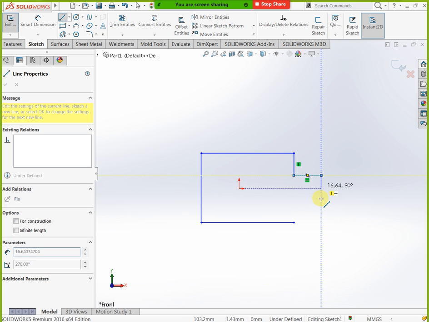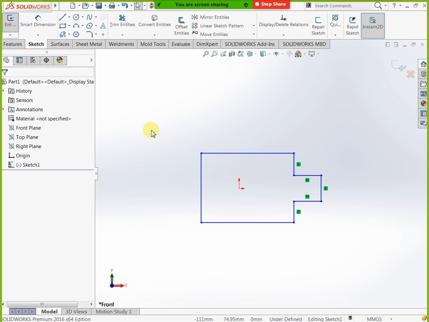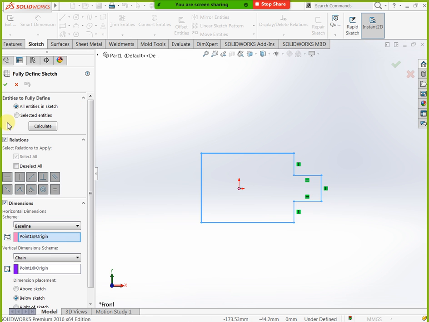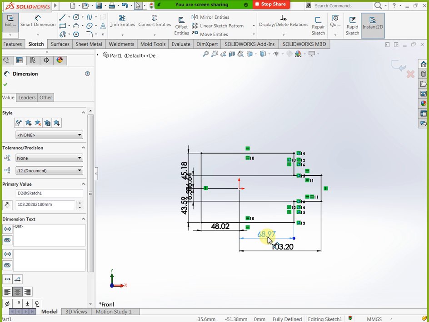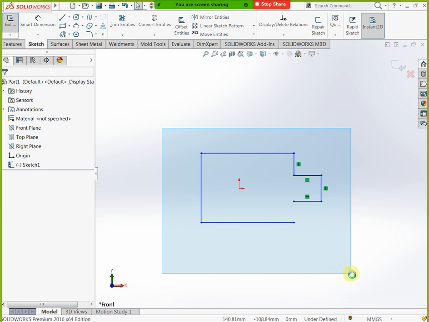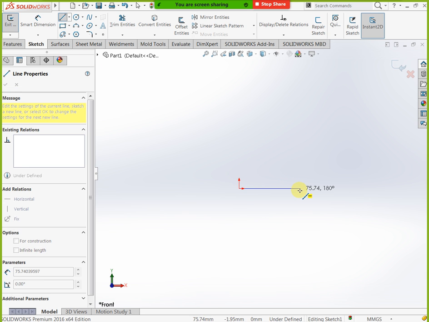chain of dimensions. See now, this is the origin. From the origin we have chain of dimension. For example, this side is another portion we consider. That's why you have it like this. For example, you can delete all this. Now you can draw your profile like this, only from this origin, one side only, not the remaining sides. Okay, this is our profile now.